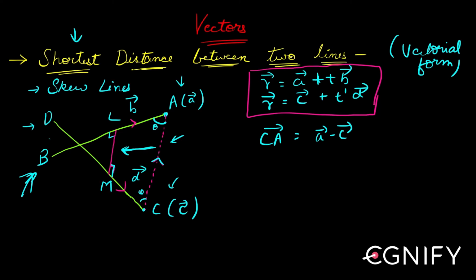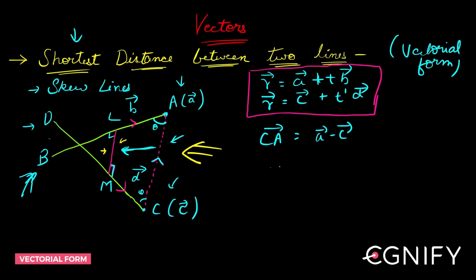So what I need to do is project this AC on this LM, right? Once I'm able to do that, because they're obviously the same direction, but I need to just project it. I need to project AC on LM, and then I'll be getting the length of this pink line. So let me first project this. For that I will use the projection formula, and that is nothing but